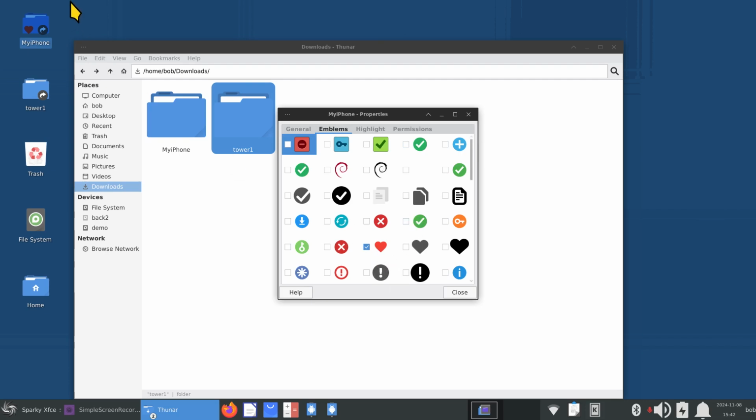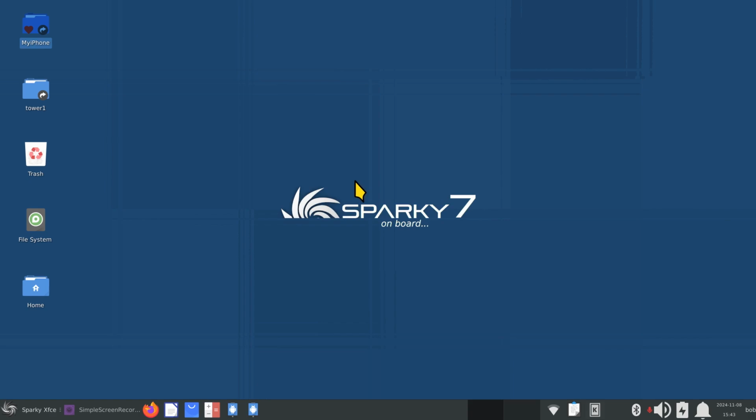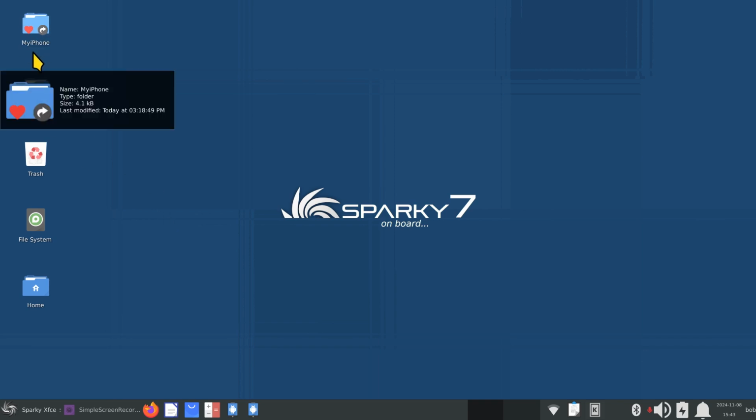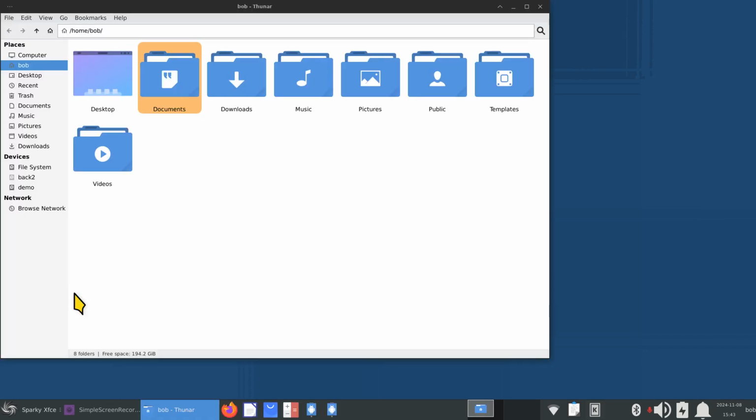All right, and usually you have to refresh your screen to see the emblem. I do it a special way. Control, Alt, and Escape turns it into that, and then you can click that and it'll refresh your screen. Generally, you just log out and log back in if you are changing these emblems. So these are shortcuts, and I like to have them here, especially for Xfce, because I don't have to open up that, then